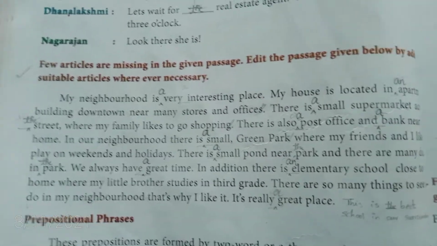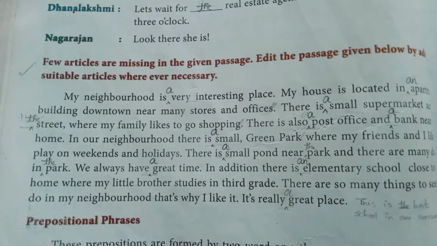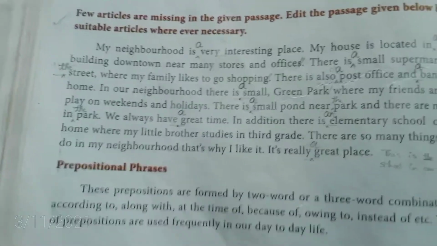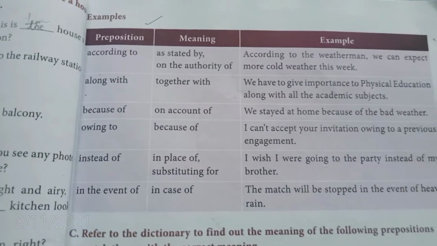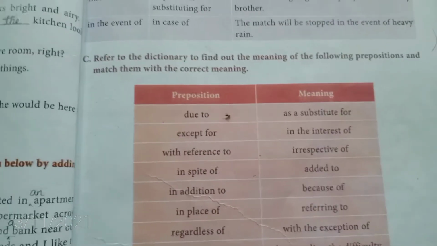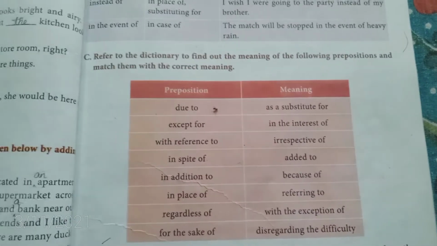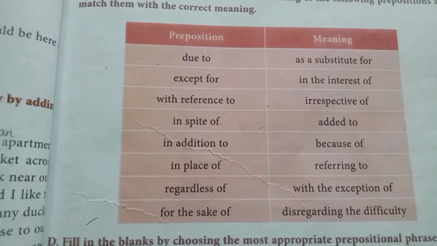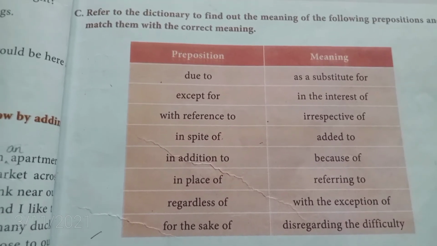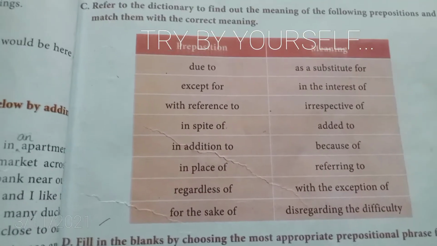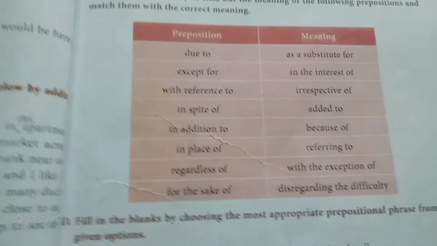Okay, so this exercise has also been completed. Next, let's see the topic prepositional phrases. On the next page, some prepositions with their meanings and examples are given. We can read them. Next, let's see the exercises. We have to find this by looking at the dictionary. Here a preposition and a meaning have been given. We have to find and match it with the correct option. You can do it by yourself, it's very easy, by referring to a dictionary. And next I'm going to give the answers for exercise D.